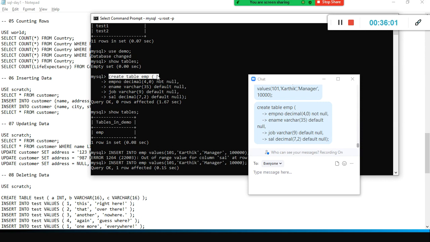So how does the SQL engine understand whether the command got ended or not? Semicolon. Had I specified a semicolon here, it would have executed this command, but it would have thrown an error because we did not specify the column names and the data types. So it should be complete.